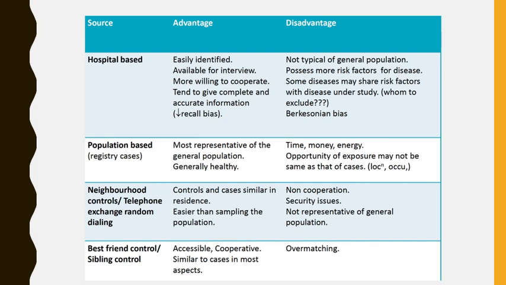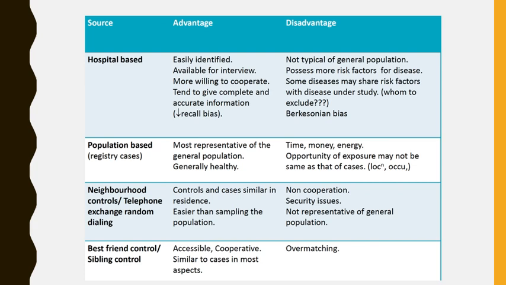Neighborhood controls and cases tend to be really similar because of their residents, and it's easier to get to these people than the general population. The problem is, how many of you know your neighbors? Are you willing to sit down and talk with a stranger who comes to your door and wants to ask you questions? There's also some security issues because people may not want you in your home. You could end up in a situation that might be hostile to you,